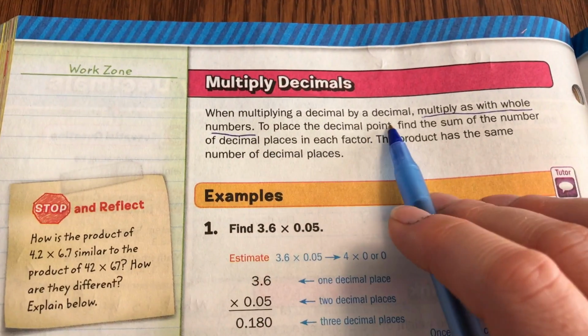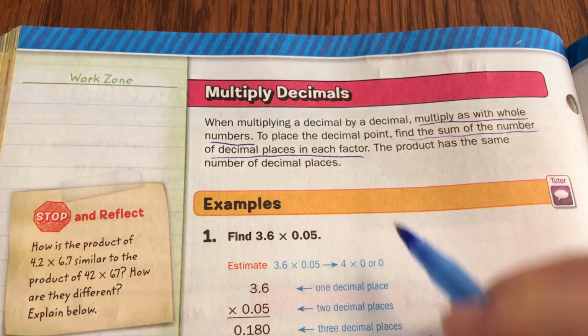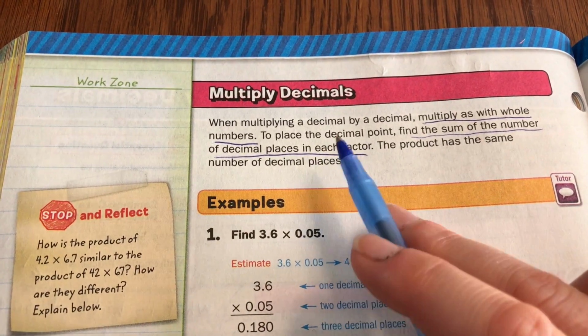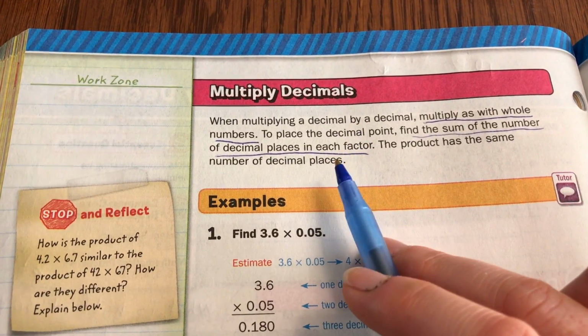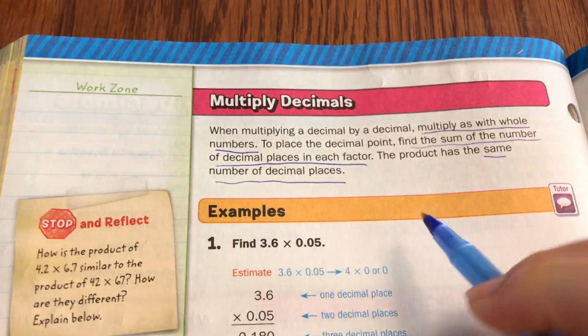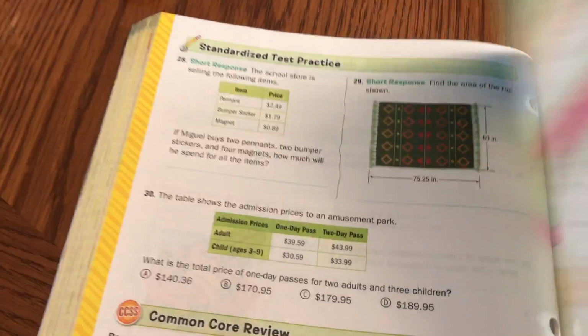Then, to place the decimal point, you find the sum of the number of decimal places in the factors. So you add up how many decimal places are in the two factors that you're multiplying together, and the product has the same number of decimal places. So it's like you have to take it out of the factors and put it into the product, just like